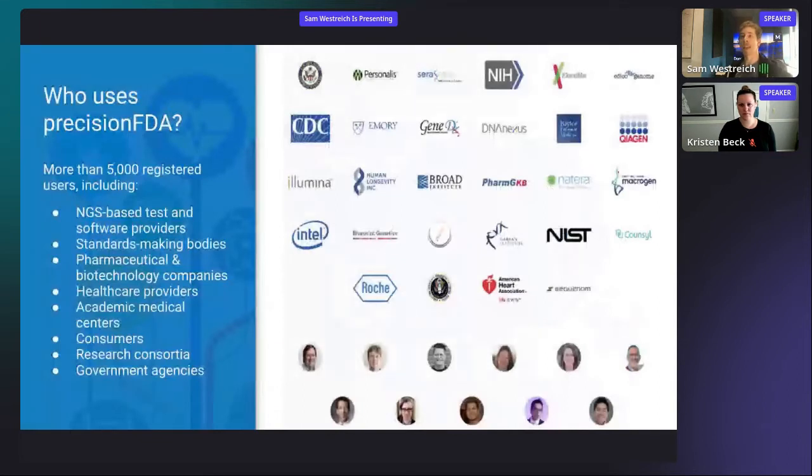So Precision FDA is used by a wide variety of groups out there. This is just a screenshot that I actually took off of the Precision FDA site. As you can see, there are a lot of logos. The main focus here is a range across industry and academia. Everybody from test providers to standards making bodies to pharma companies to healthcare providers to academic medical centers, consumers, and